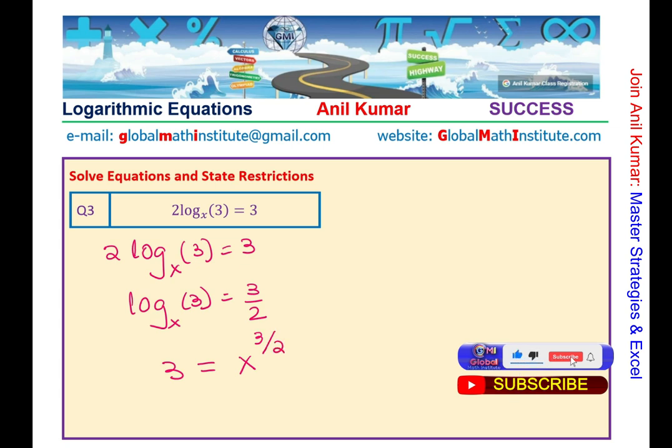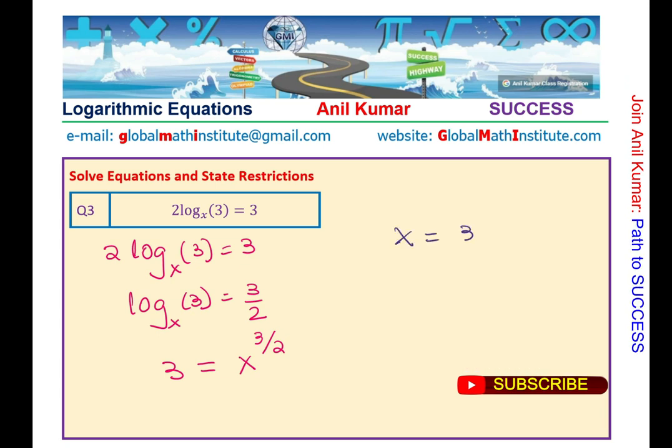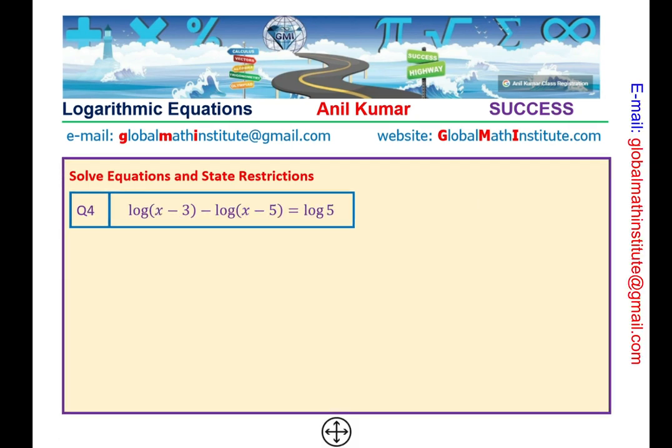Now from here, how do we get the value of x? Well, clearly, we can say x is equal to 3 to the power of 2 by 3. Makes sense? So x is equal to cube root of 3 square, which is 9. So we could write this as cube root of 3 square, which is 9. So like this, we can solve the given question. Makes sense, right? Let's take up the last question now, which is log of x minus 3 minus log of